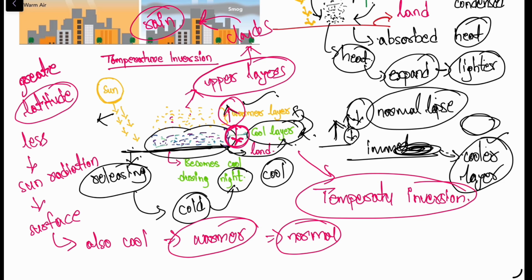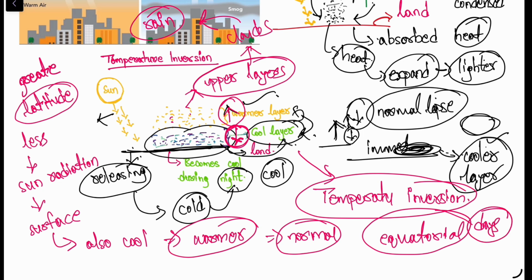But when we see the equatorial regions, because of the larger duration of the days, more radiation will be coming towards the earth from the sun, and because of that, this temperature inversion process will be obstructed by the sun's radiation, right? So because of temperature inversion, there will be less rain, and we can see this temperature inversion process in Delhi or northern India during the time of winter,